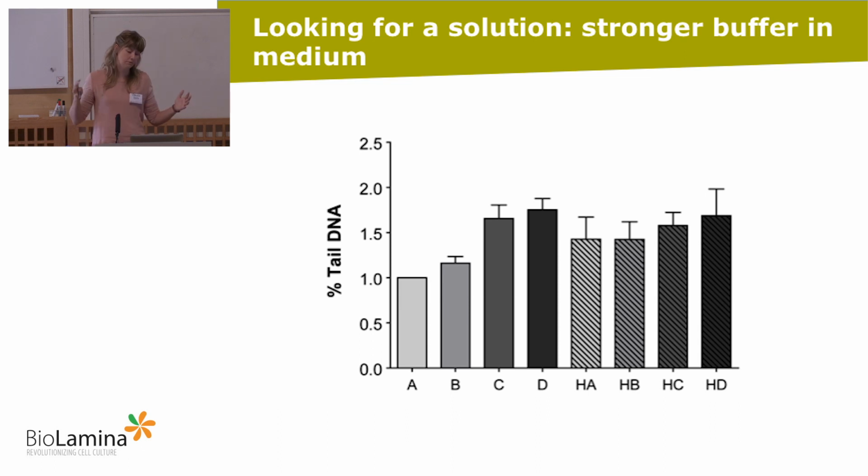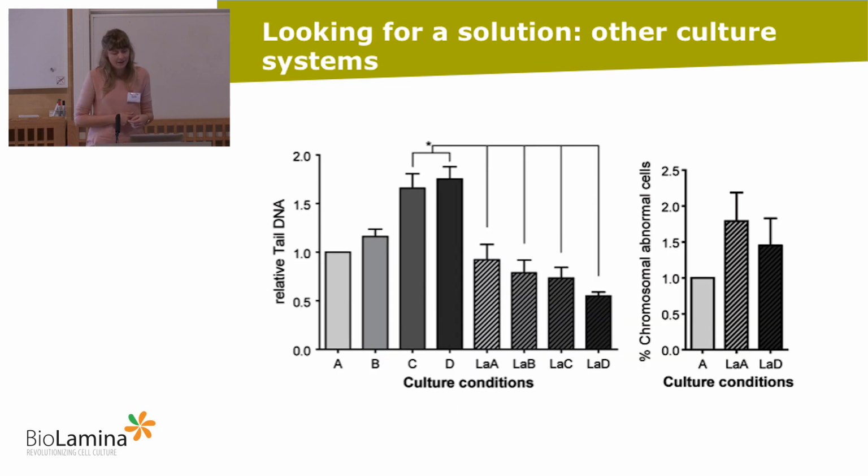We basically first did a titration, tried to find the maximum amount of HEPES we could add, but it didn't help. Here you see the DNA damage, the normal conditions and the HEPES conditions. And even if you look at the pH, adding HEPES to the medium was not capable of buffering the pH sufficiently to go back to the basal level. So this was really not a solution. So now comes the good news for the laminin.